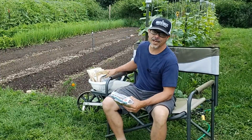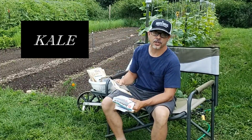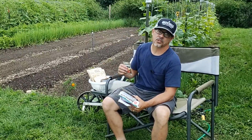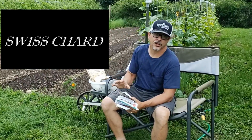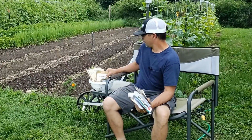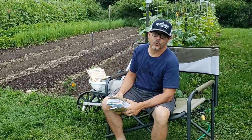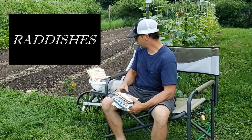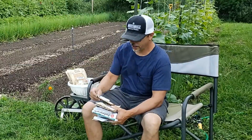And then of course we're going to plant some more kale. We're going to do some red Russian kale and some lacinato kale, along with some rainbow Swiss chard. We haven't grown any Swiss chard yet this year, so we're going to do a round of rainbow Swiss. And of course, fall planting wouldn't be complete without some radishes. So we're going to plant some sparkler radishes this time around. And then the other thing we're going to plant